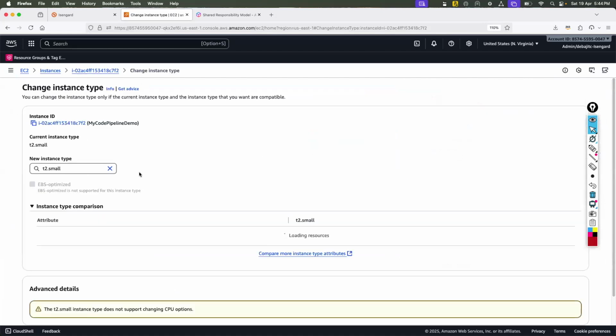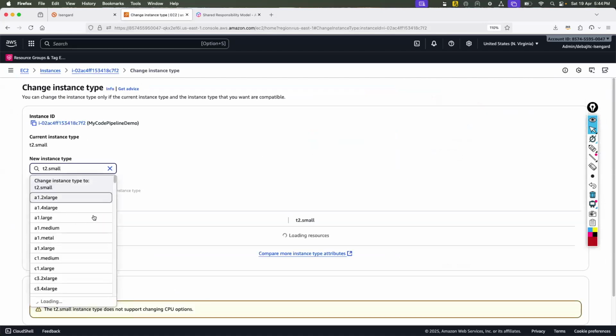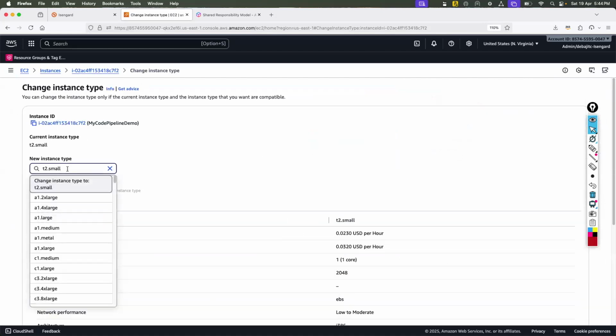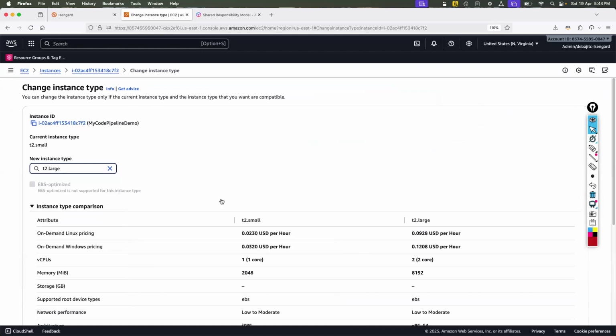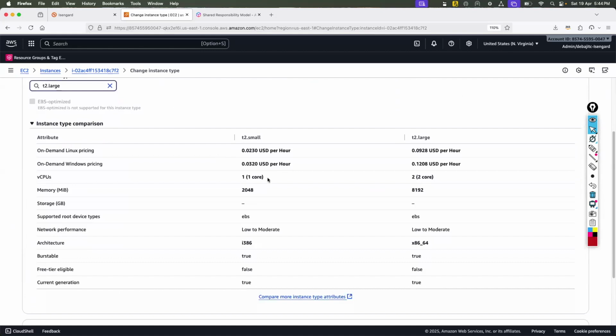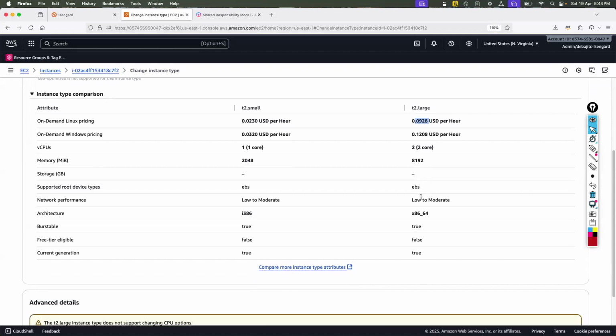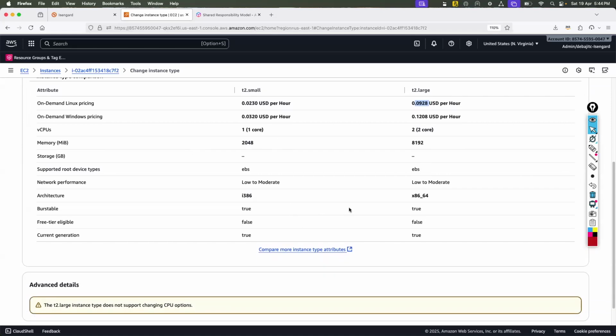Click on that and simply choose your desired server from this list, let's say T2 large. There's a little comparison: T2 large has an additional dollar cost, of course, a bigger machine means a bigger price, and all of the other attributes.